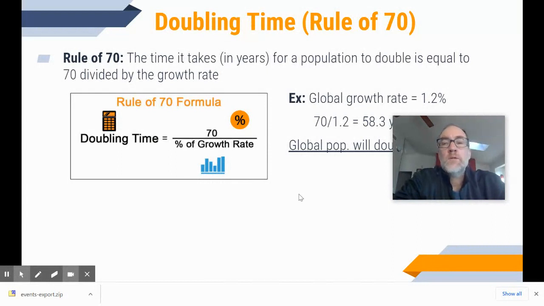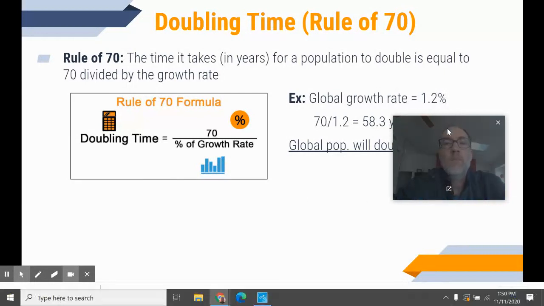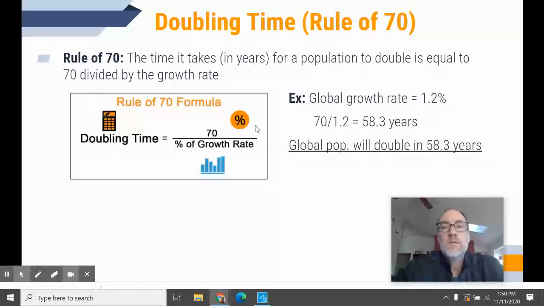Right. Here's a neat trick also if you're investing some money or trying to figure out population growth. It's called the rule of 70. This is the time it takes in years for a population to double, and it is equal to 70 divided by the growth rate. So once you figure out the growth rate of a population, say the 1.2% we just talked about, and we want to figure out how many years it will take for that population to double, we simply divide 70 by that number, and we see